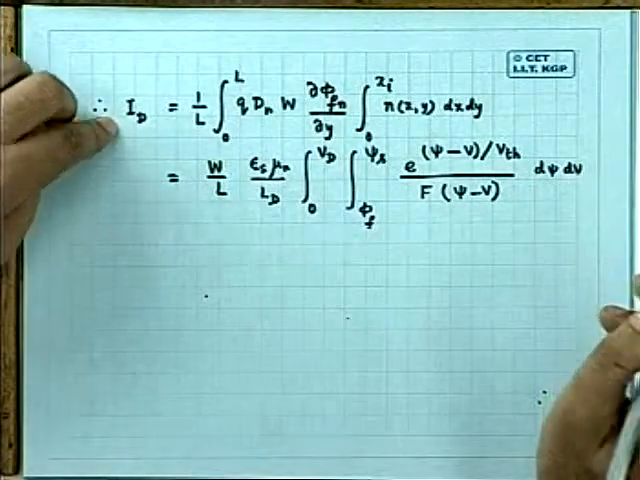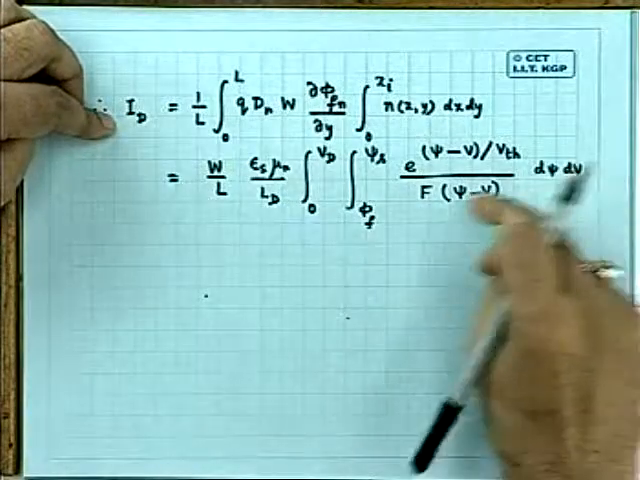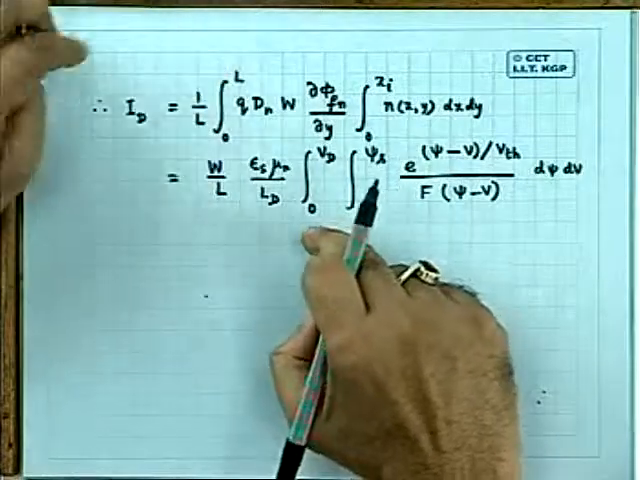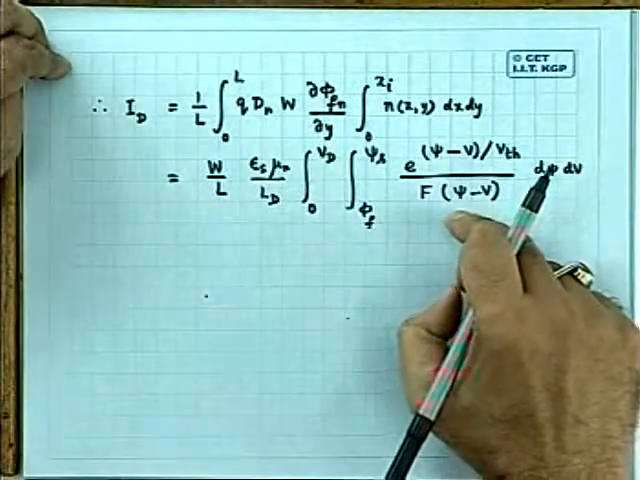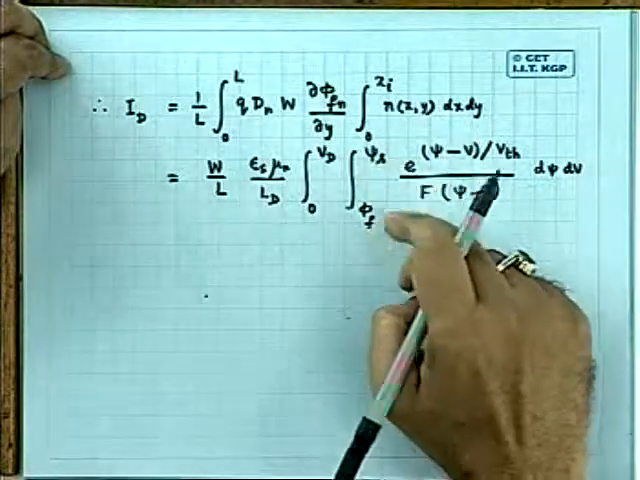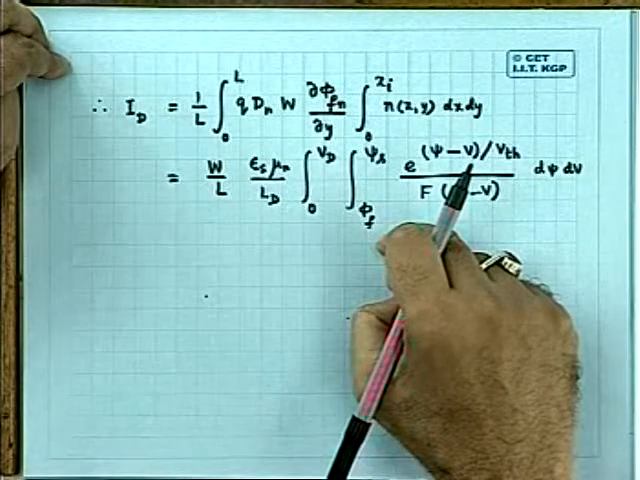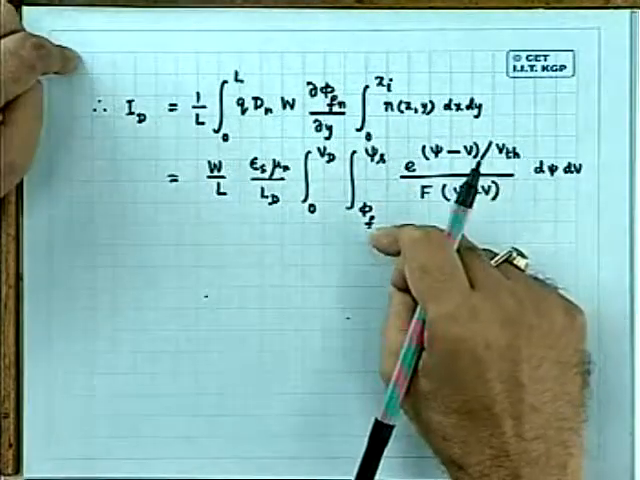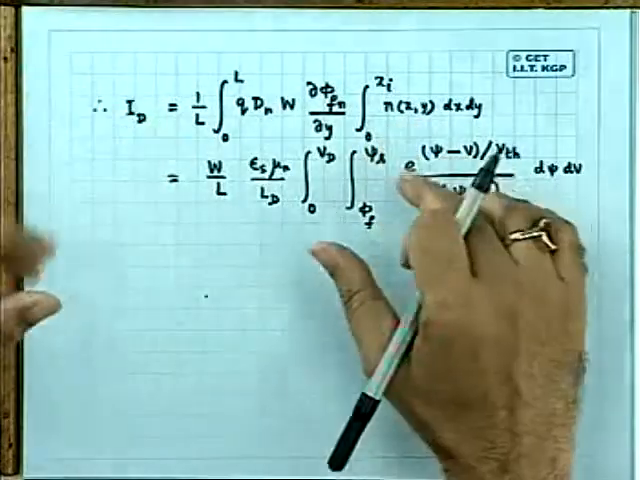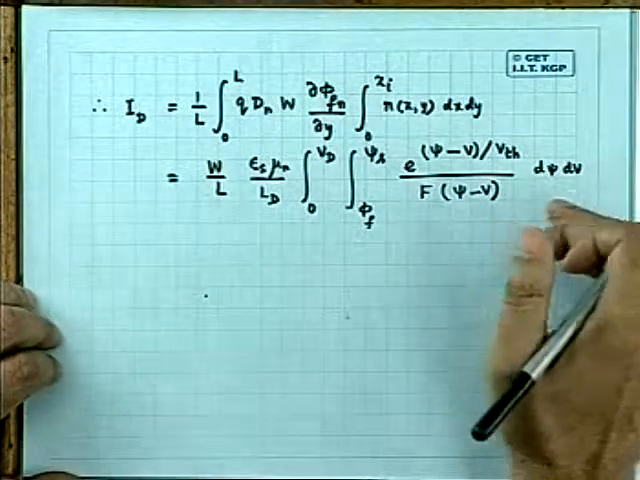So I get the ID expression as a double integral over potential so far as V is concerned, 0 to Vd, that means from 0 to L means 0 to V, and over psi, and that is from phi f to psi s, or psi s to phi f to the point xi. Okay, I have written it in this fashion because psi s is more than phi f, just inverted. Sign has been taken into consideration. It's a double integral